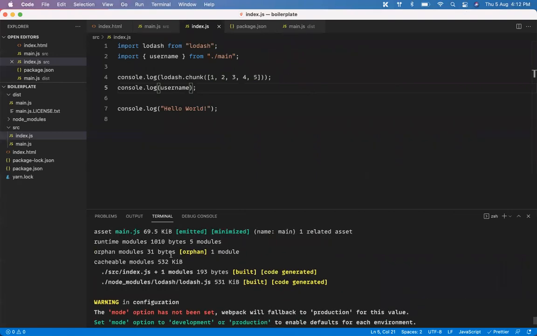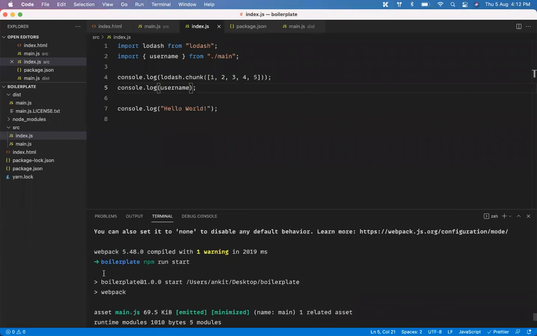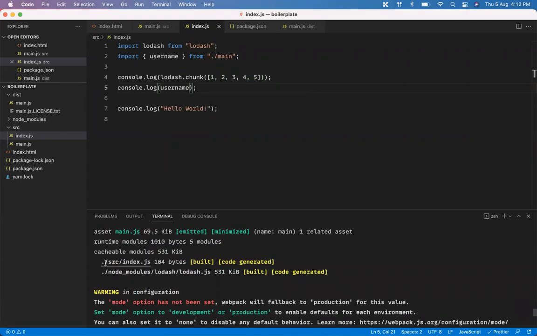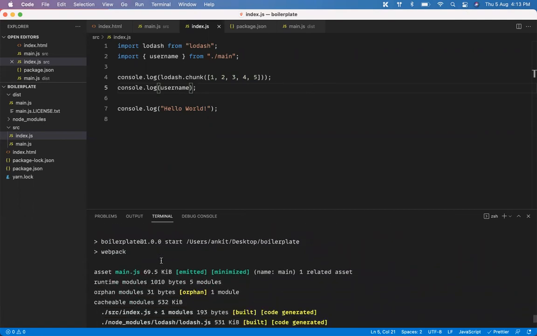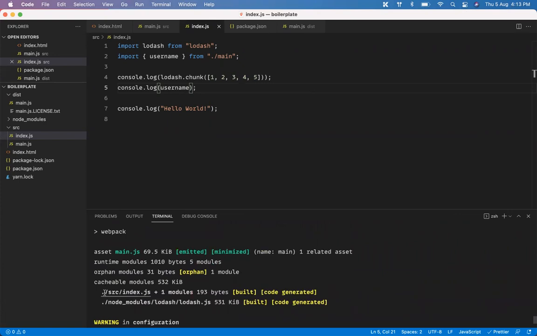Earlier, it was saying it is taking the src index file that is 104 bytes. But now you will see it says index.js plus one, and that is 193 bytes. So what is that plus one?